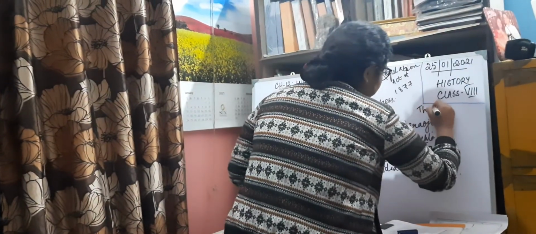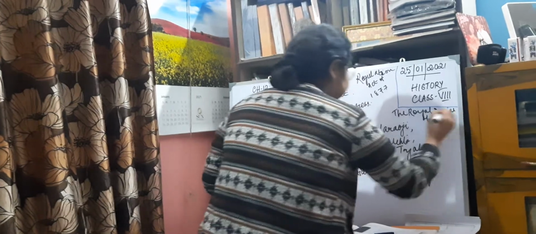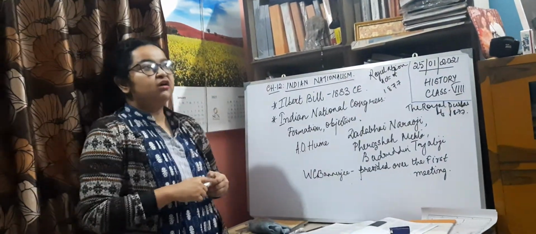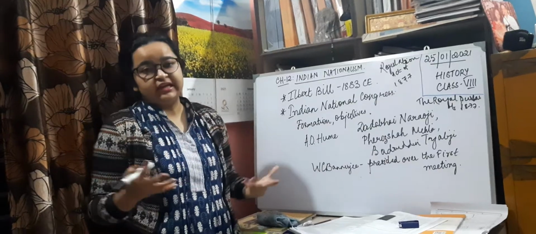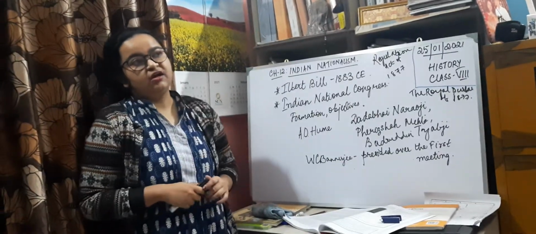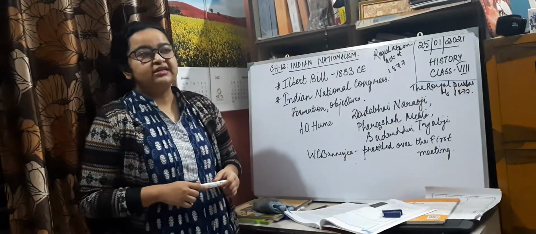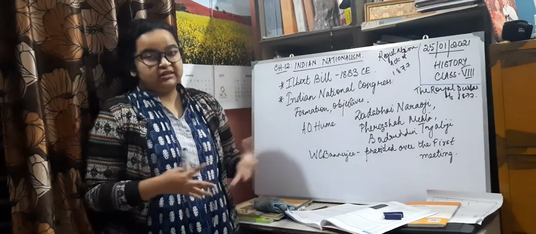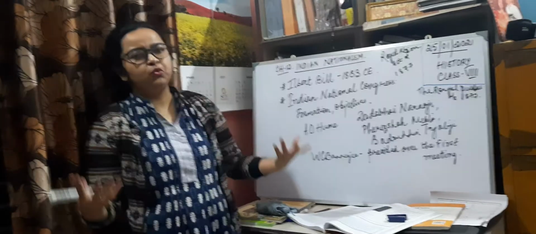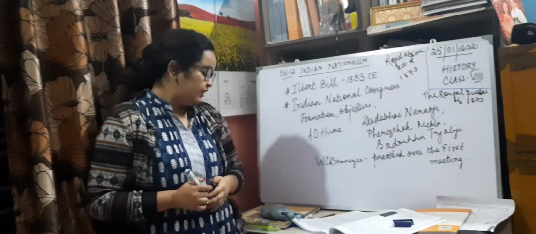The next is the Royal Durbar of 1877. Again in this year, in order to welcome the Queen of Britain and also to show the wealth and extravagance of the Britishers, they organized a very royal darbar with lots of extravagance, with lots of expenditure, with food. There was continuous wastage of food and continuous expenditure on various other things,